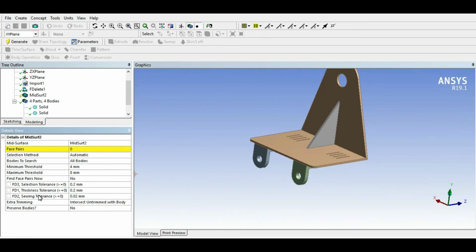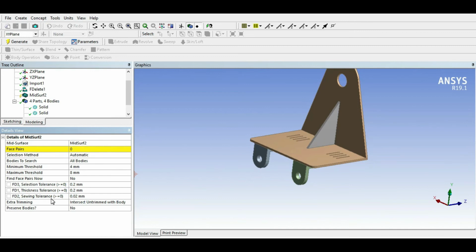Then thickness tolerance: if we have two different bodies with differences in thickness, then with thickness tolerance it will form a single body instead of two bodies. Here I'm not going to change the thickness tolerance.